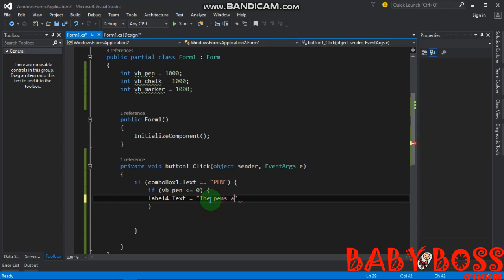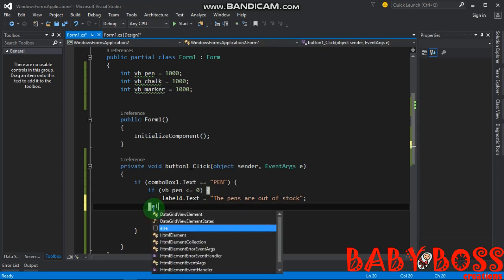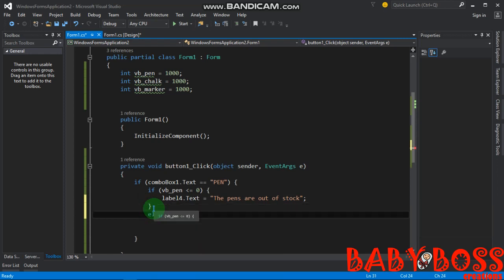The pens are out of stock. As easy as that. So for here we have finished, and we shall put also the else statement, that in case the program or the compiler